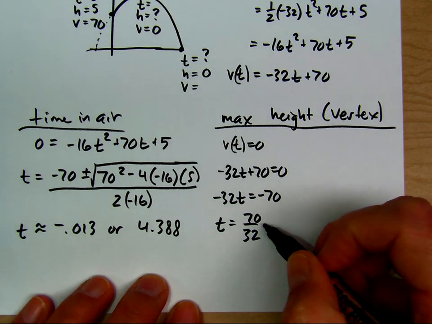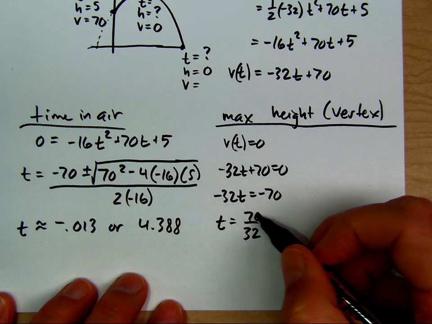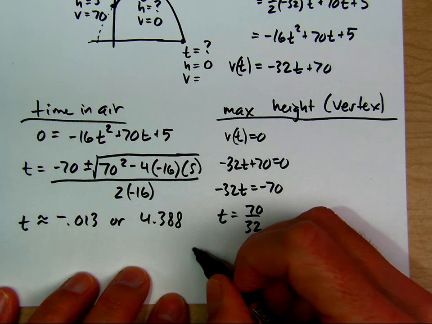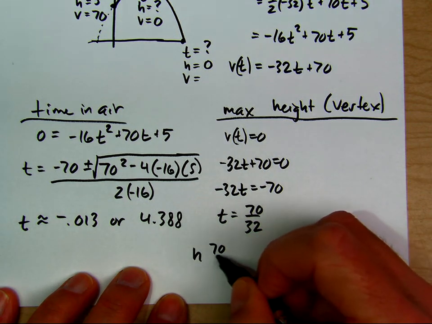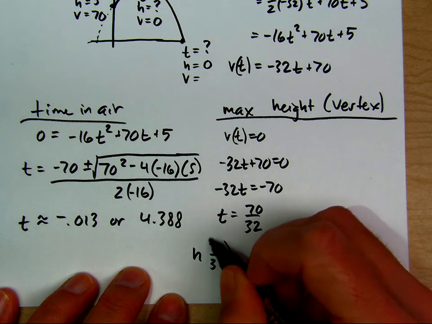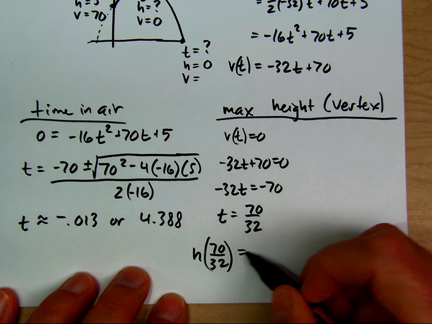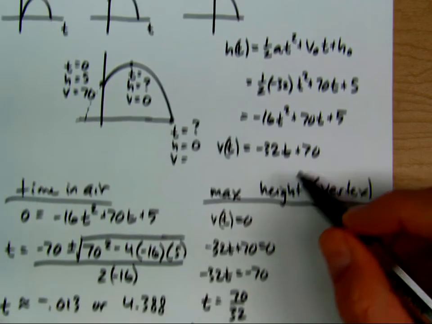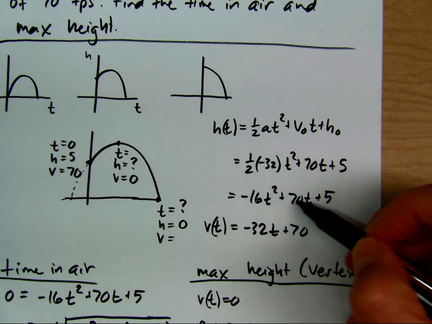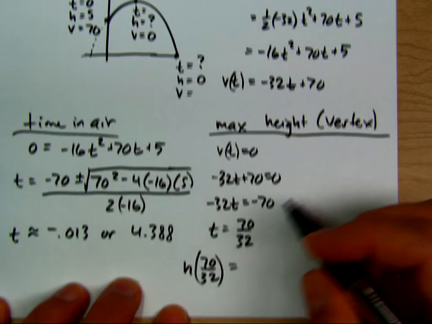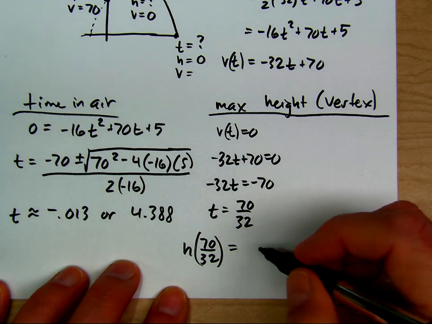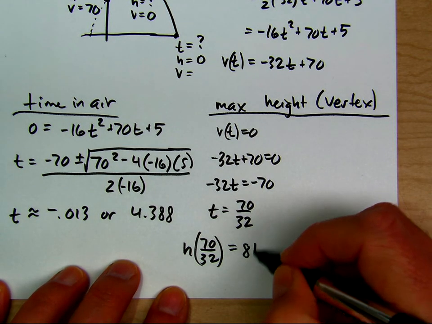The time of the maximum height is 70 over 32, and that means the maximum height is h of 70 over 32. So we need to put 70 over 32 into this, and that'll give us the maximum height. The maximum height is 81.563,